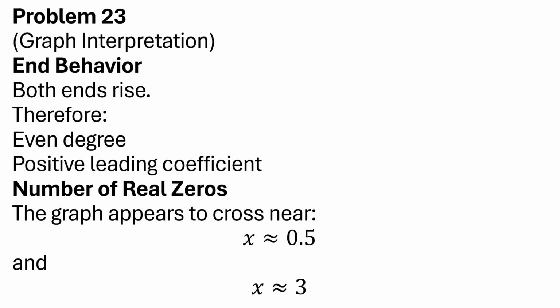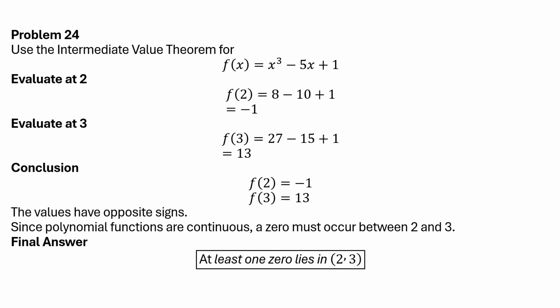Since both ends rise upward, the polynomial has even degree and a positive leading coefficient. The graph appears to have two real zeros, one near 1/2 and another near 3. Evaluating the function at 2 gives negative 1, while evaluating at 3 gives 13. Because the function changes sign and polynomial functions are continuous, the intermediate value theorem guarantees at least one zero between